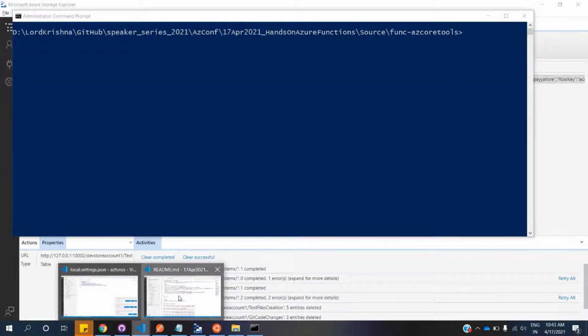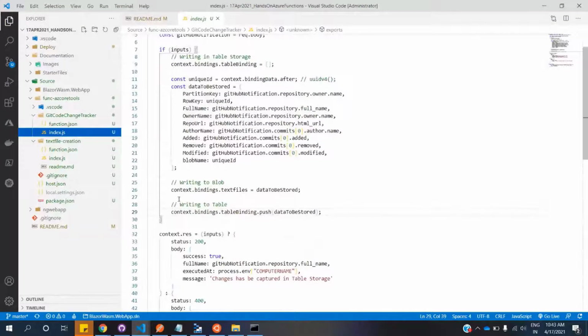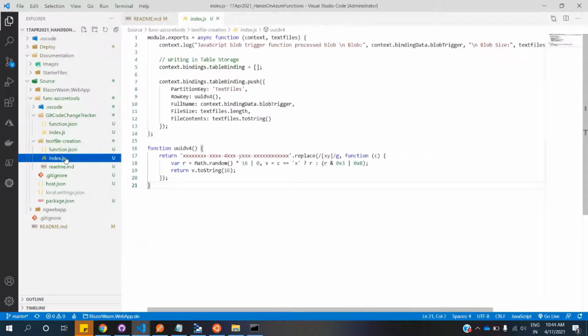We'll not do a full debugging, but at least we'll put it into these here. One, that's the first one where we are GitHub code change tracker, and one I'm putting it here at this place. Okay, so let me go ahead and start this.